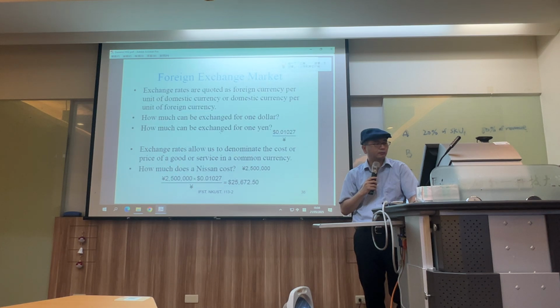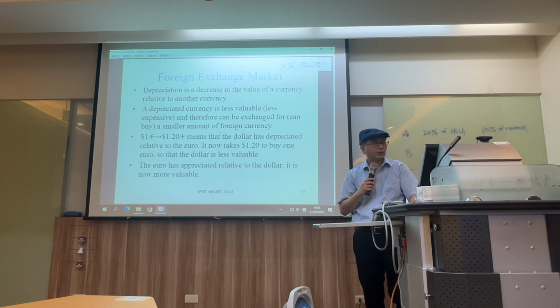And then we also talked about examples, right? How do we do the conversion of currency from one currency to the other? For example, we start with the exchange rate between the U.S. dollar and the Japanese yen, right? And we talk about products from Japan, right? What will be the cost of that in Japanese yen, and how do we do the conversion into U.S. dollars, right?